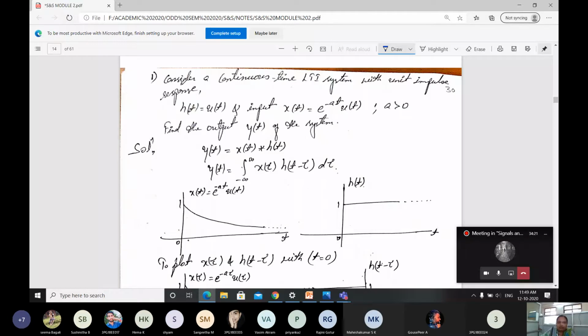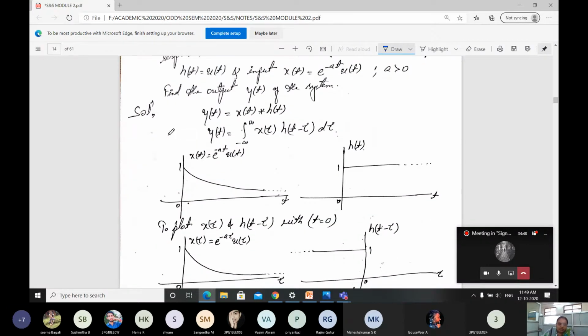Here a problem is given. Consider a continuous time LTI system with the unit impulse response h of t equal to u of t, and input x of t equal to e raised to minus a t u of t, where a is greater than 0. Find the output y of t of the system. Solution: